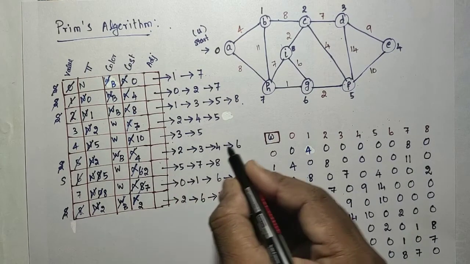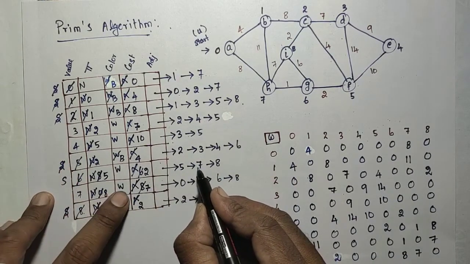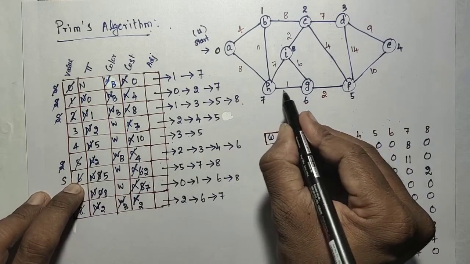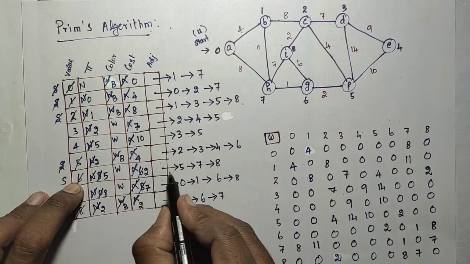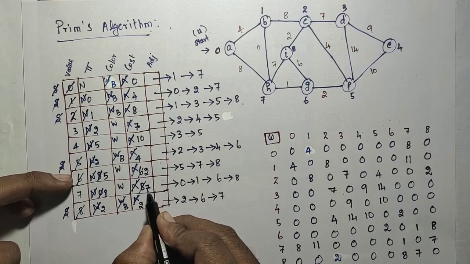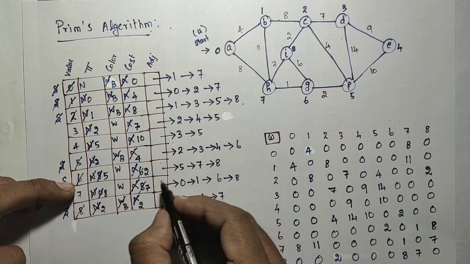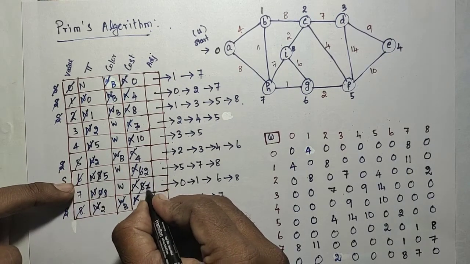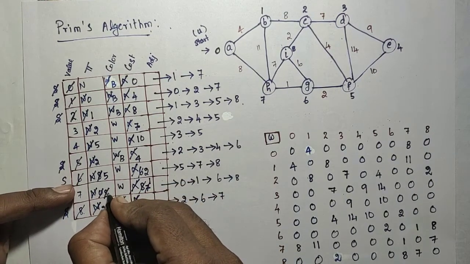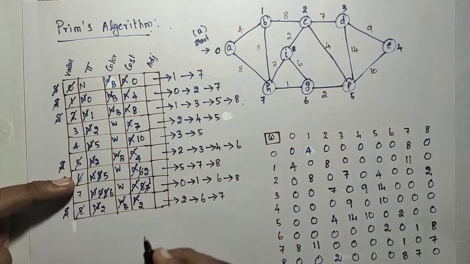Now I have to go to the adjacent nodes 5, 7, 8. So 5 is already visited. Leave that. 7 is not visited. You check that. 6 to 7 is 1. But the existing 7 is 7. So 6 to 7 is 1, existing 7 is 7, so I need the updation. This will be changed to 1. The parent will be updated with 6. So 6 to 7, 1. That will be added.